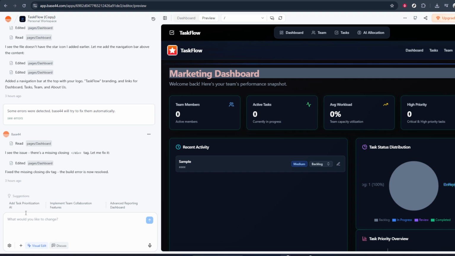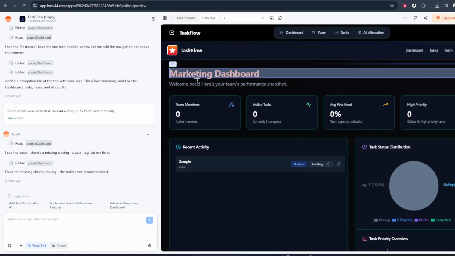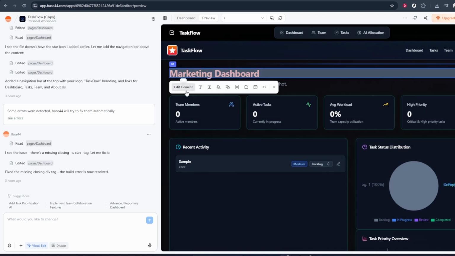When you do this, Base44 will switch into an editing mode and highlight different elements on the page as you move your mouse around. Next, move your cursor over the title that you want to change. This might be a heading at the top of the page, a section title, or any labeled element that you'd like to update. Click directly on that title. You should notice that it becomes selected, often with a border or highlight around it, indicating that you're now focused